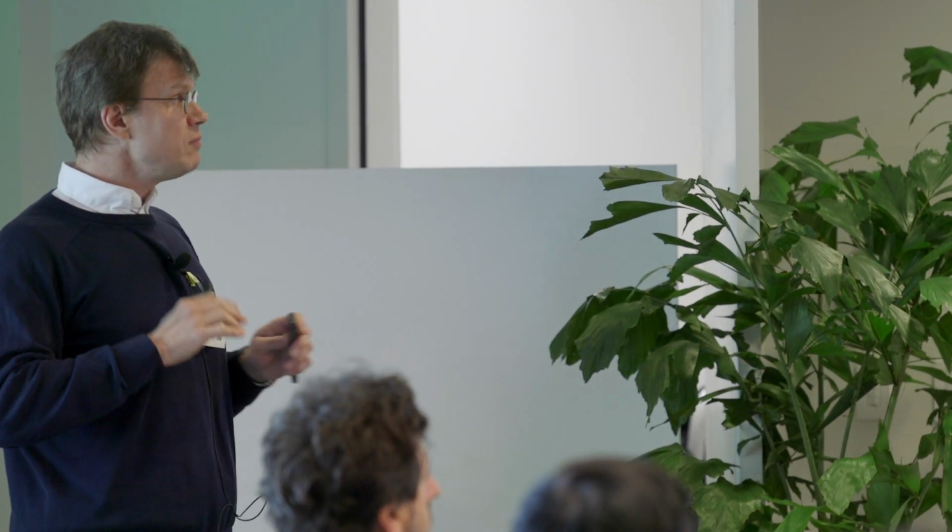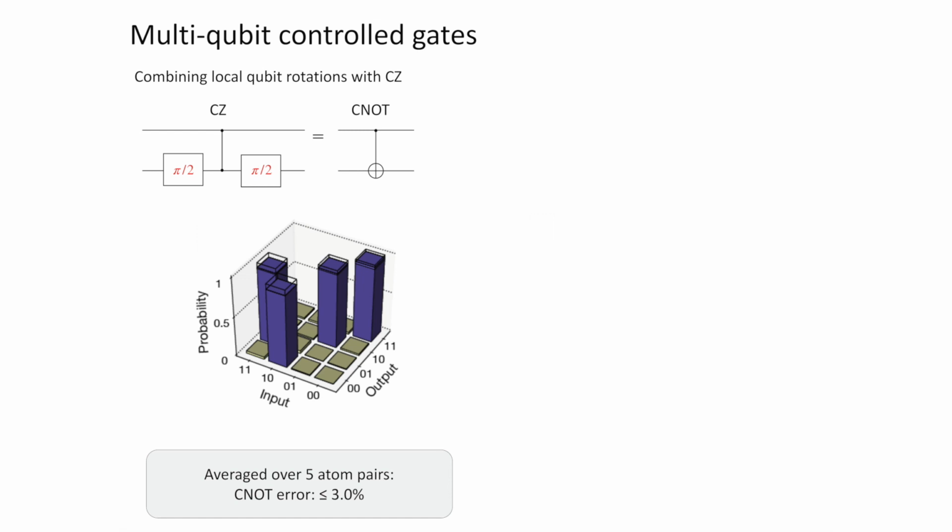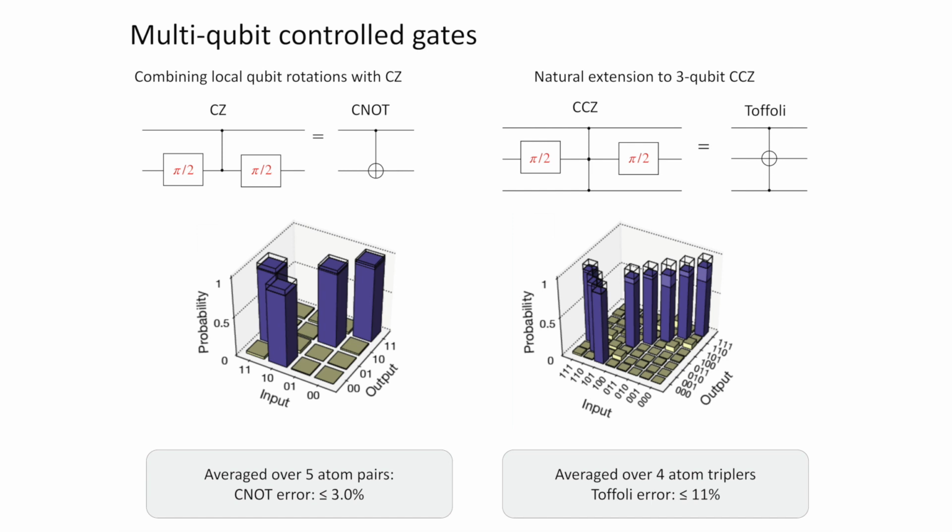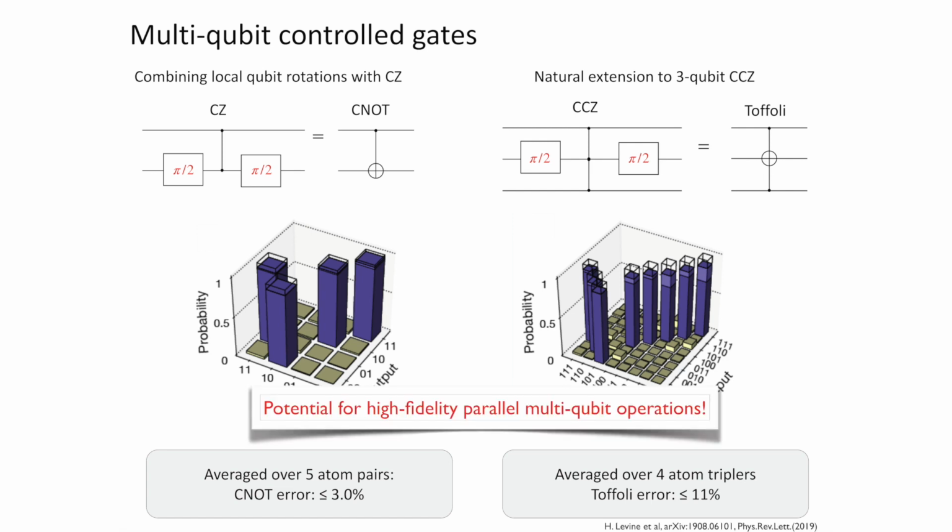But we can also immediately extend these kinds of operations to apply them not only on pairs of qubits, but on many qubits in parallel. And so here is one example implementation of the so-called Toffoli gate. In this case, the total error is maybe about 10%, but it's actually still one of the highest fidelities for this gate. So I think once again we are very excited, and that brings me to my last slide, where